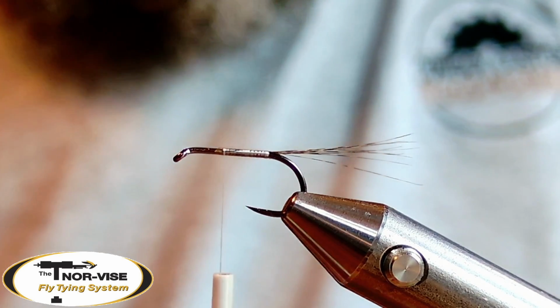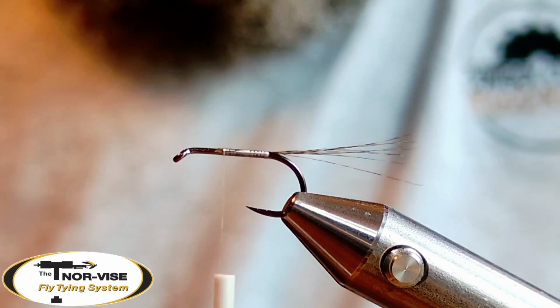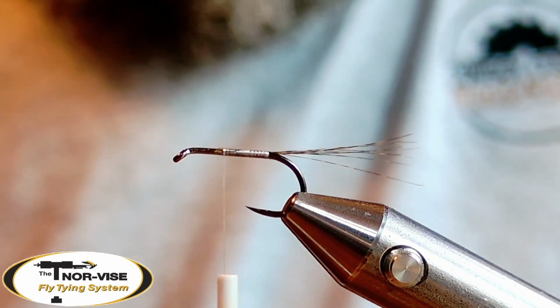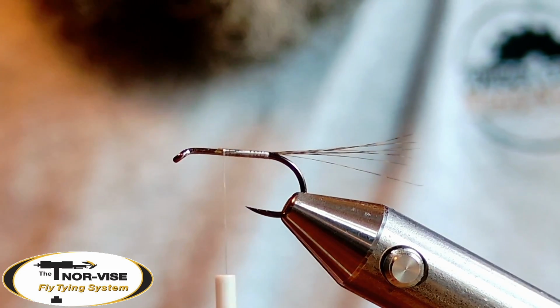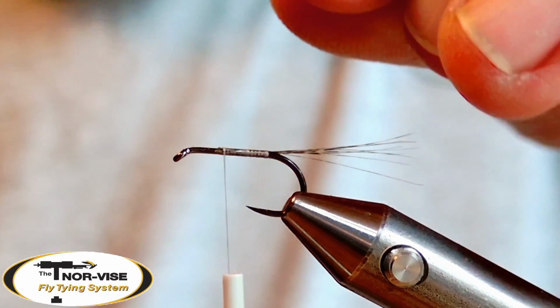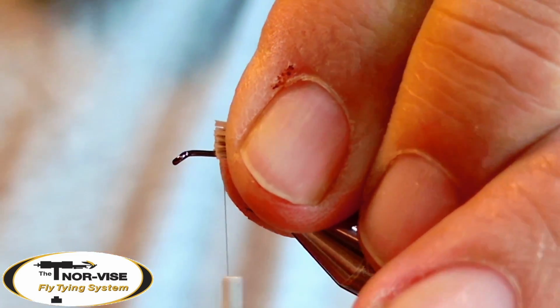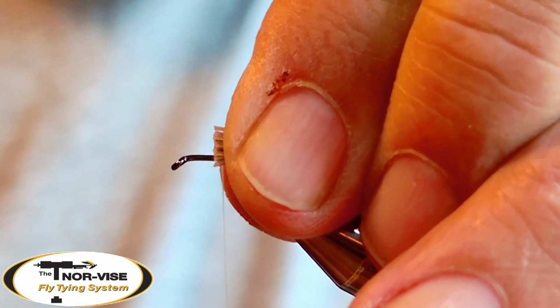But we'll see if we can get it done. So if you tie these smaller than a 12, then obviously it gets shorter, but it's not that hard to manage. Okay, so I'm going to cut it off. I'm going to place my butt ends right here at the tie-in. I'm going to flatten my thread,